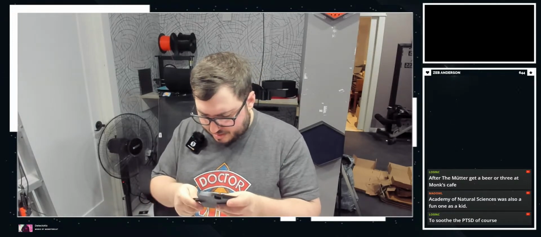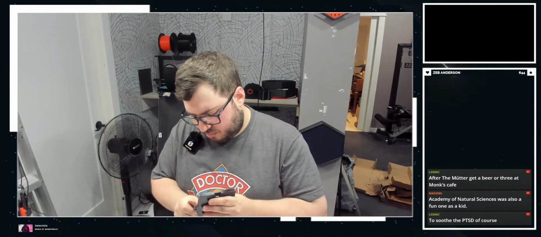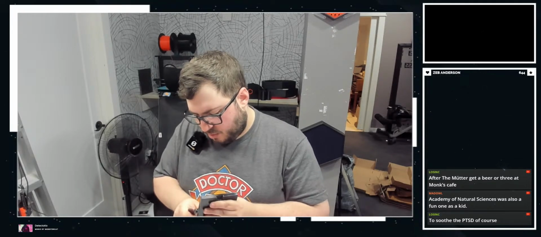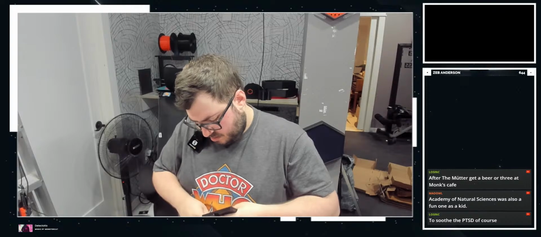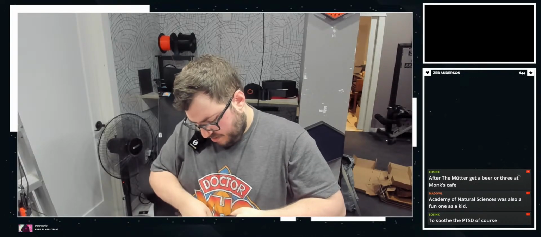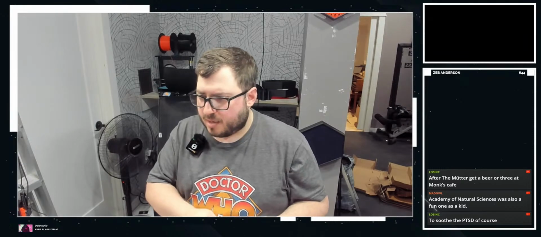Sorry, I'm trying to get this part off. It is tricky because it's PETG. The support material is kind of fused. I probably have to modify the support material settings. But I can mostly get it off. There we go. That's enough not to be a problem.